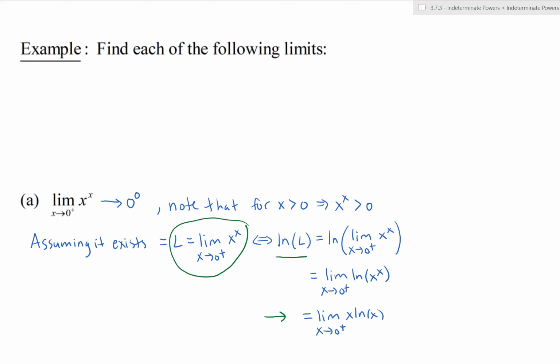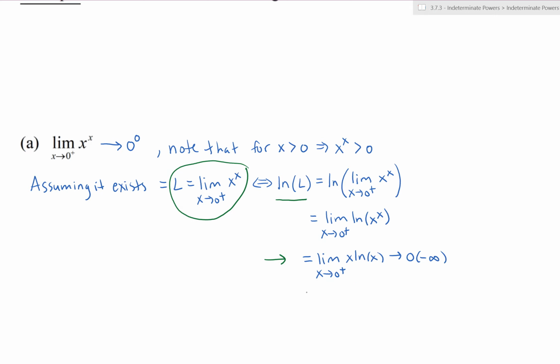Does that help? Well, if x now goes to 0 from the right, we can see that this is going to go to 0 times a negative infinity. And that is an indeterminate product form. So if I go ahead and rewrite that as the limit as x goes to 0 from the right of the natural log of x divided by 1 over x, using that technique of dividing by the reciprocal of one of the factors